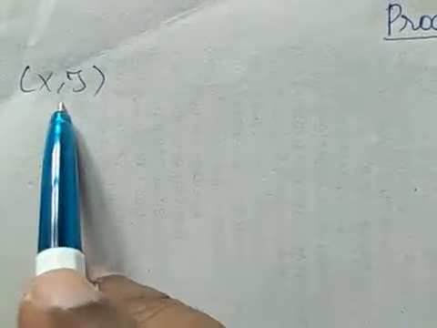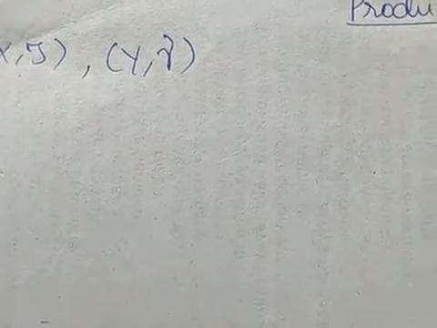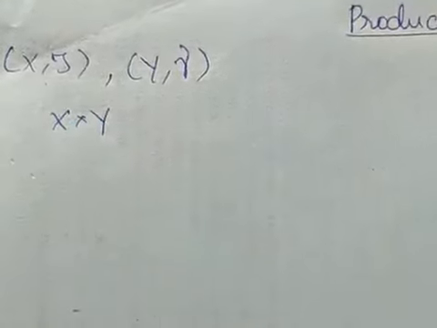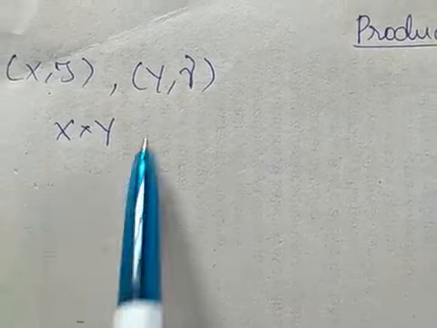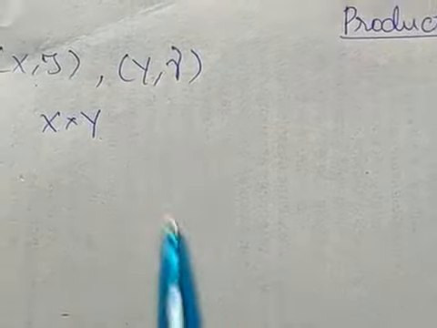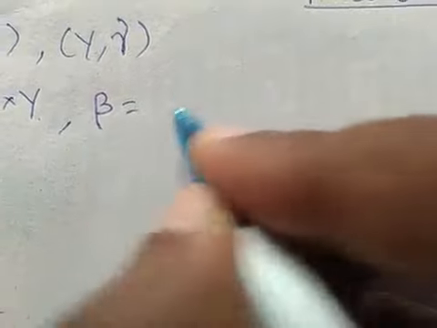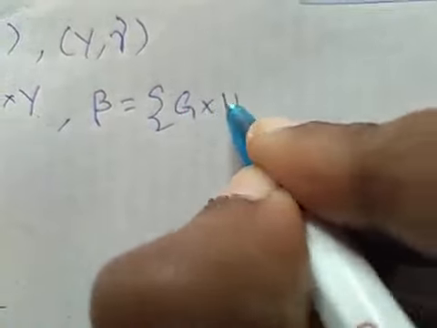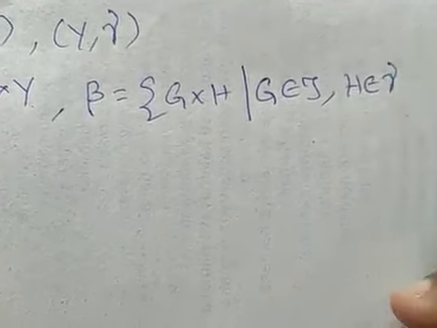So I am considering (X, tau) as one topological space and (Y, nu) as another topological space. Then the topology formed by X cross Y, the product of X into Y, the product topology space formed by X cross Y, whose base is the collection of, I hope you remember the definition of base, G cross H such that G belongs to tau, H belongs to nu.